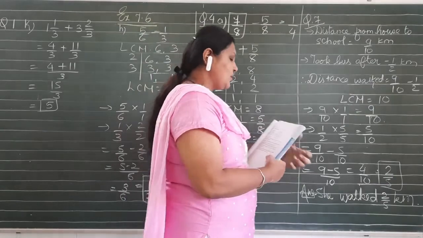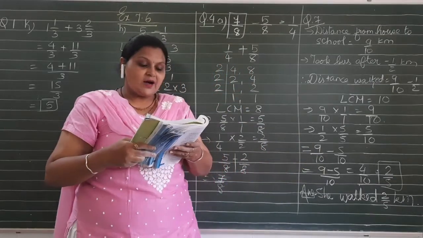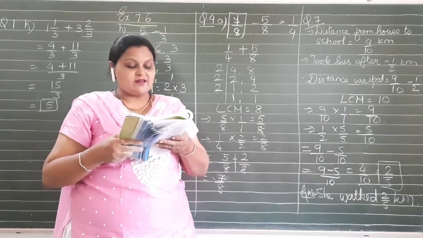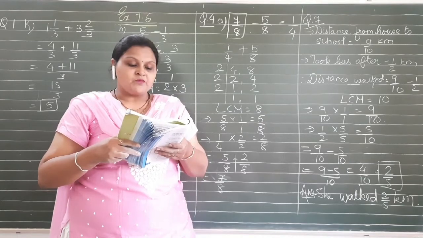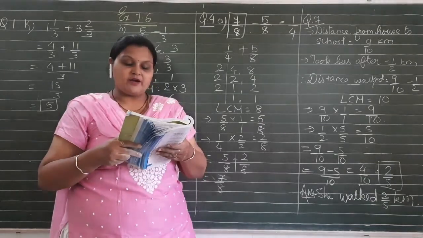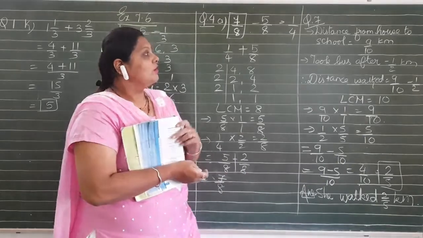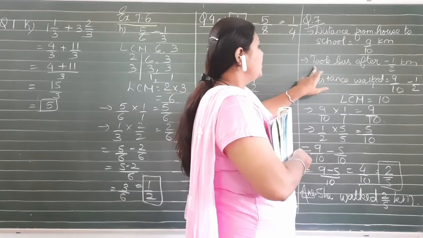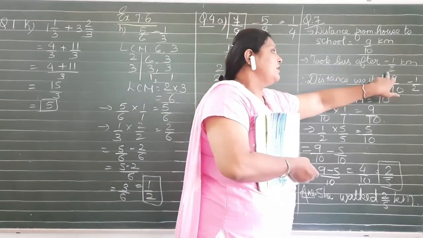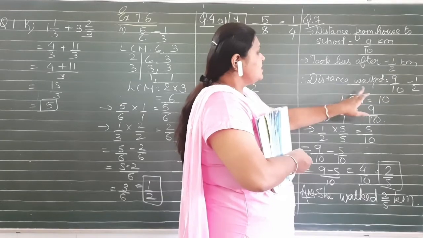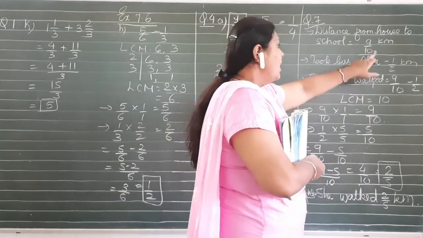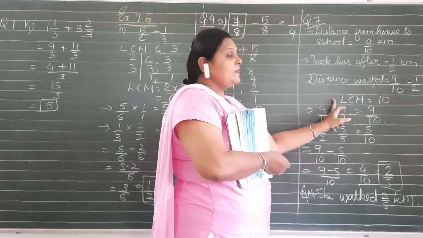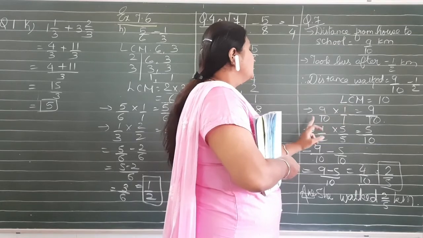Now let us see question number 7. Nandini's house is 9/10 km from her school. She walked some distance and then took a bus for half kilometer to reach the school. How far did she walk? So very first, distance from house to school is 9/10 km. She took bus after walking. Distance she walked we have to find out. So 9/10 minus 1/2. Again we'll find LCM and LCM should be 10. So make denominator